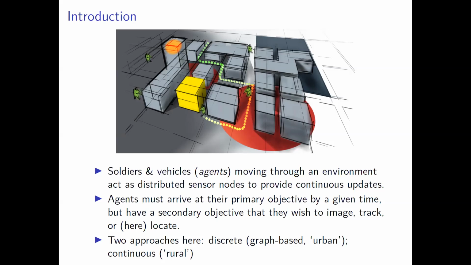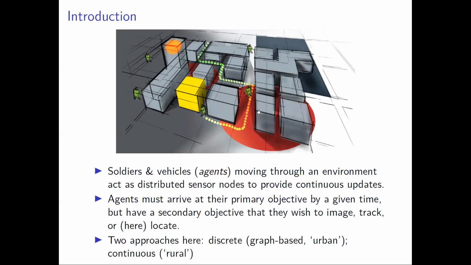And then there's a second setting, which you might call a rural setting, where the agents are completely free to move in two-dimensional space. There may be some obstructions, but of course the state space is continuous, and it seems useful to separate that out as a completely different approach, because then you have calculus methods and so on available to you. So that was the dichotomy.